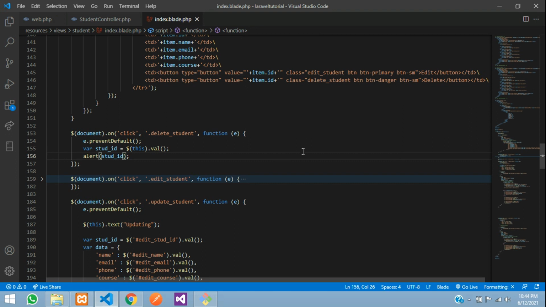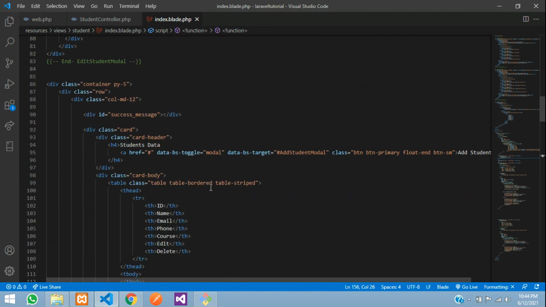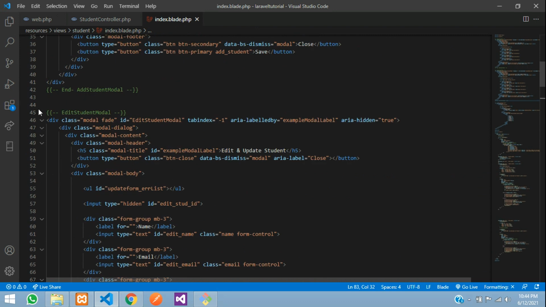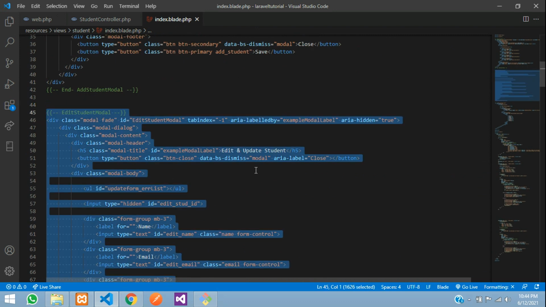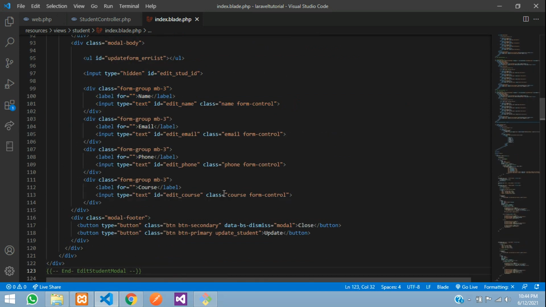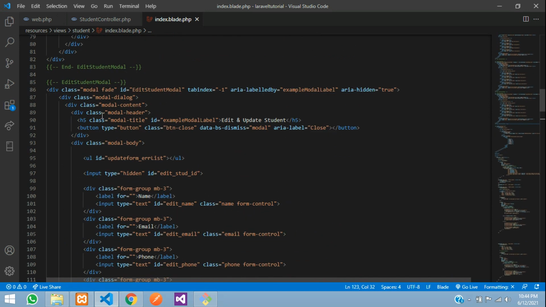So let's get back and move to the top. This is our edit modal. Let's copy and paste it below, and now let's rename this as delete student modal.